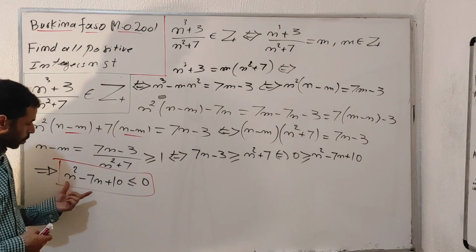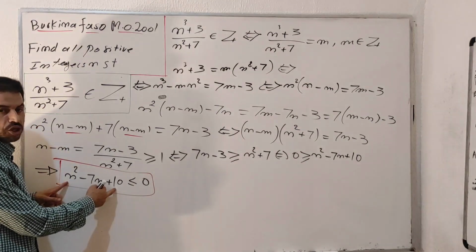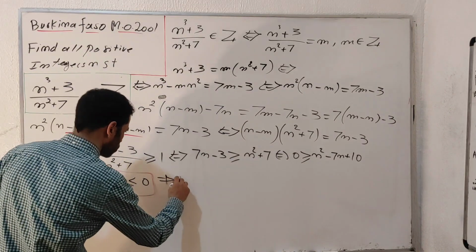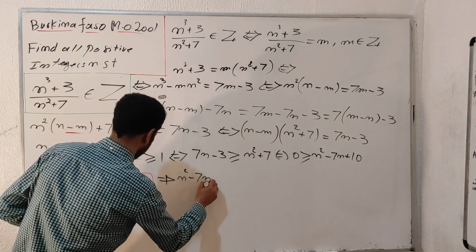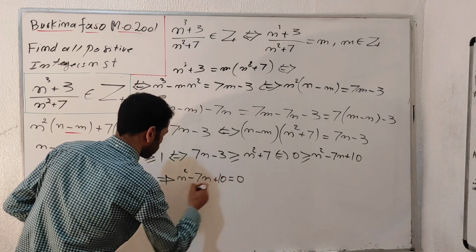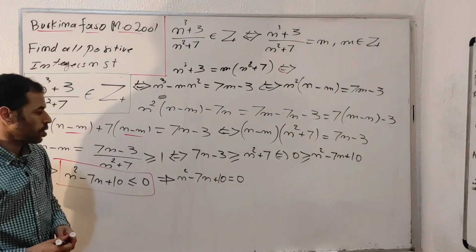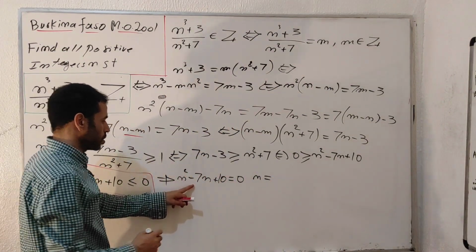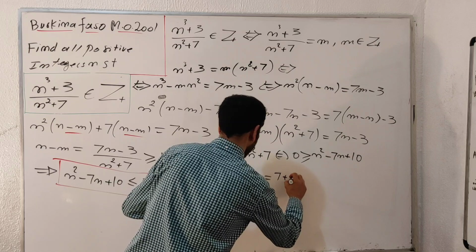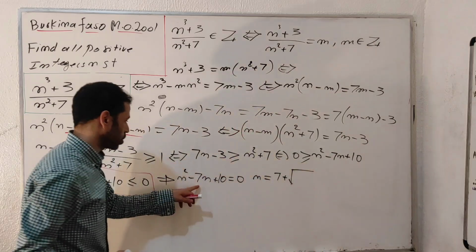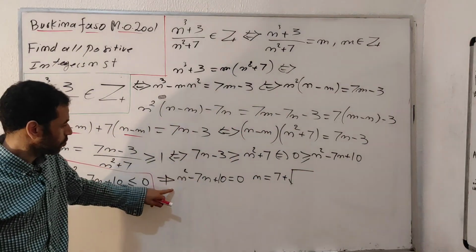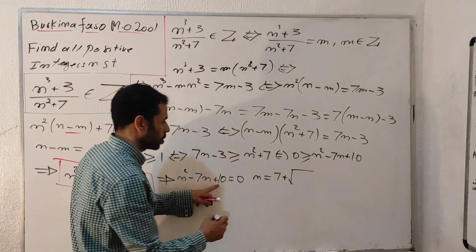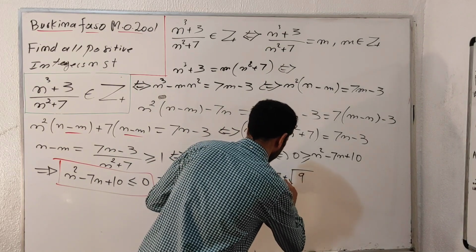What we should do now, this one is telling us this expression is equal to 0 or is strictly inferior than 0. So n squared minus 7n plus 10 equals 0. Okay, so I will have two solutions here. So I will have n equals minus b, which is 7, plus square root of delta, which is 7 squared is 49, minus 4 times ac, which is 49 minus 40, which is 9, divided by 2,